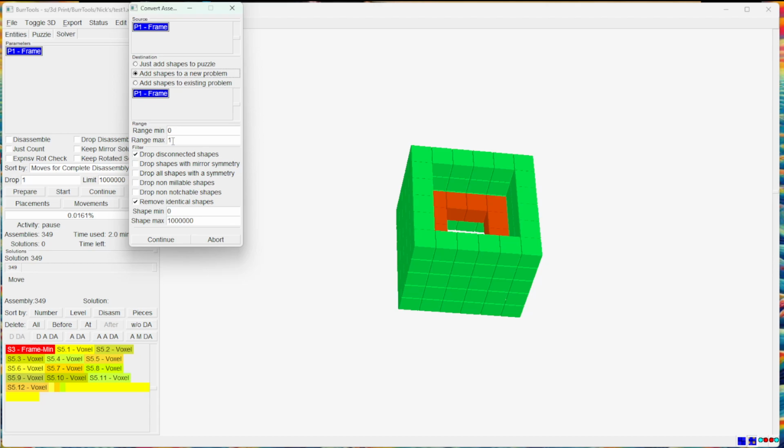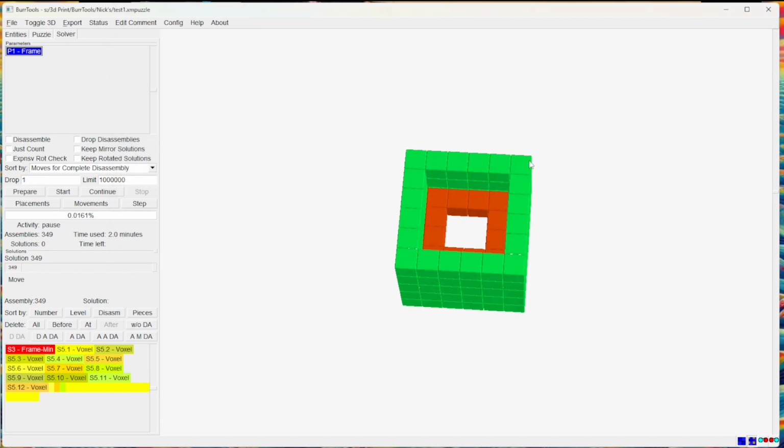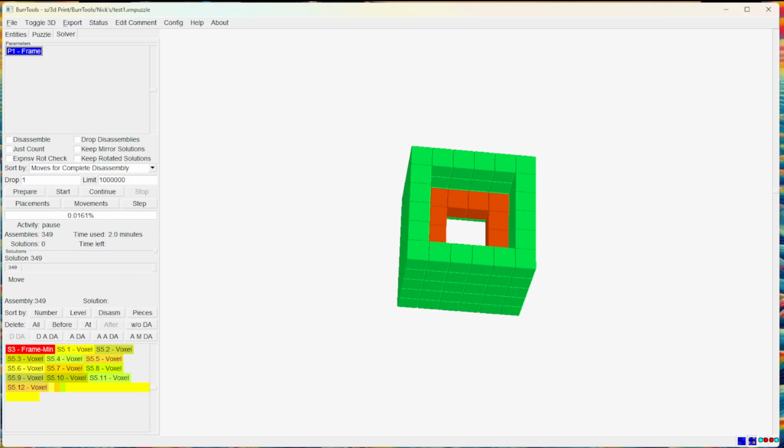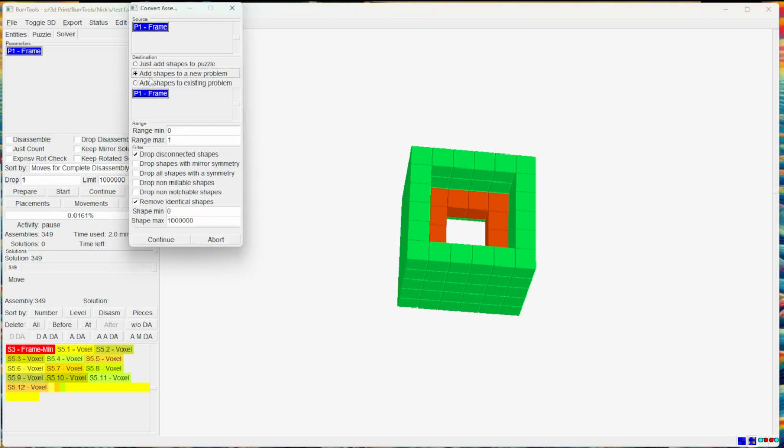Since I'm doing random frames, I definitely don't want more than 1 frame. I don't think we have to worry about disconnected shapes, but we'll keep that as it is. And I don't care too much about millable or notchable. We'll just leave that as is. We will remove identical shapes. That's perfectly fine. When I click on continue,